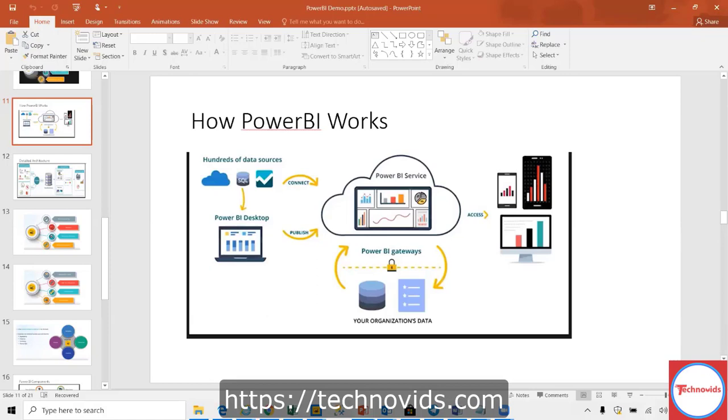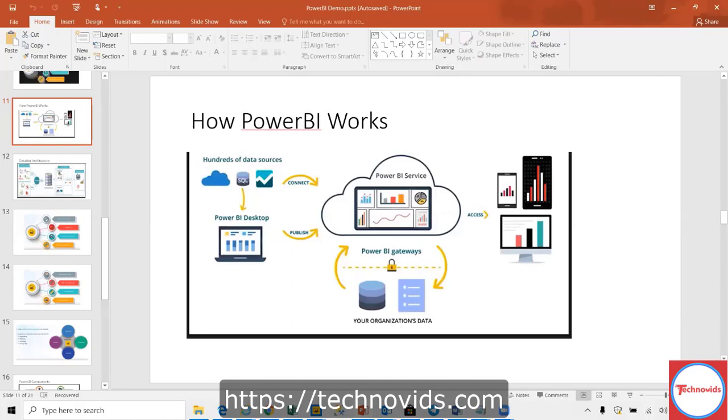You are able to get this point, right? Yeah, I'm able to get it. So just correct me if I'm right. When we are talking about the Power BI service and when we are talking about the Power BI gateways, this is the next step of the ETL or this is the ETL step? No, this is purely reporting. This is not ETL at all.